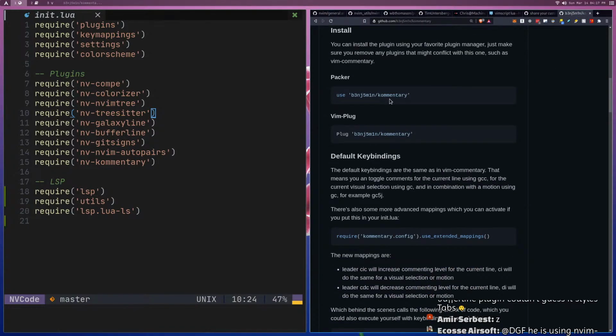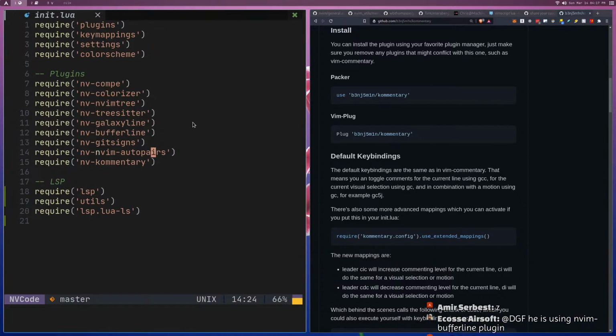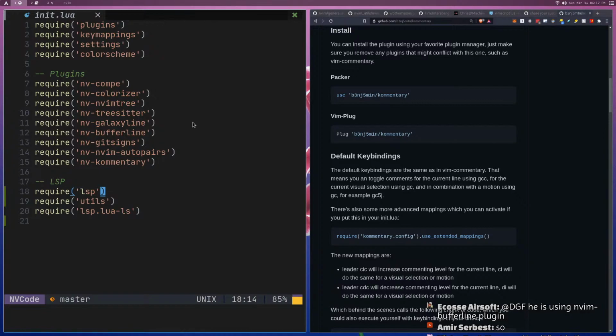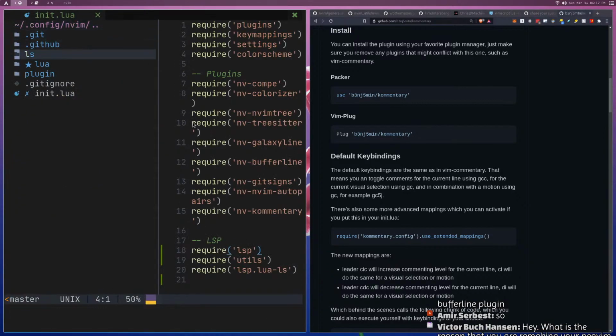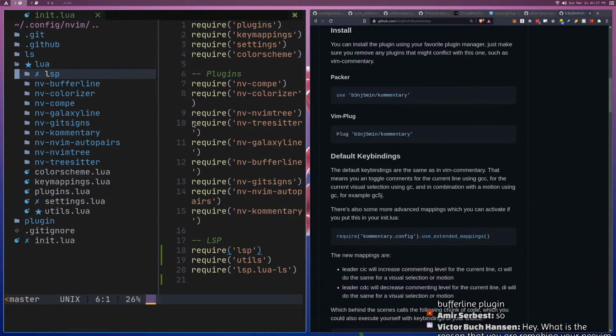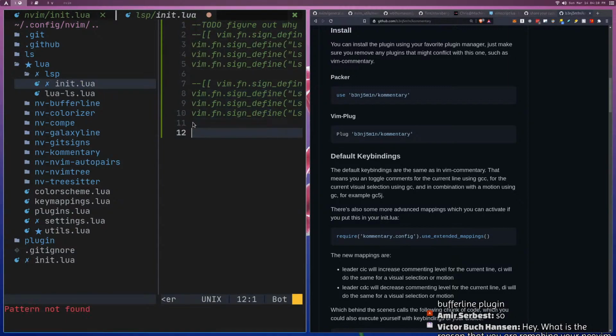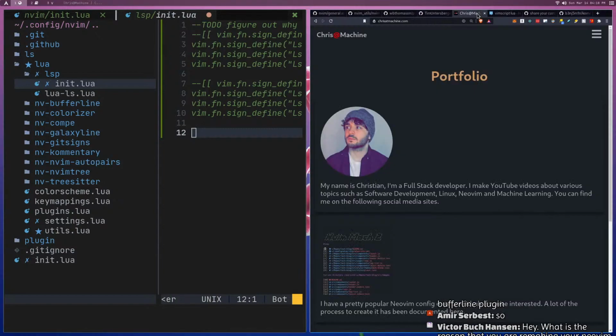So let's see what else we got here. Got commentary. Now we got this. This is gonna make my life a lot easier. We got auto pairs. We got that kind of stuff. What else we need? I need to set up LSP for a few other things, so I might go about doing that. I can set it up for Java. I need LSP commands for like GD and all that kind of good stuff. So if I go into LSP, I guess I'm gonna keep it in init. I'm just gonna keep anything in init that's just like basic LSP stuff like that. So I have some LSP commands that I can use